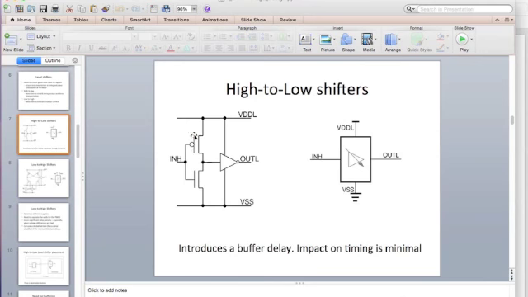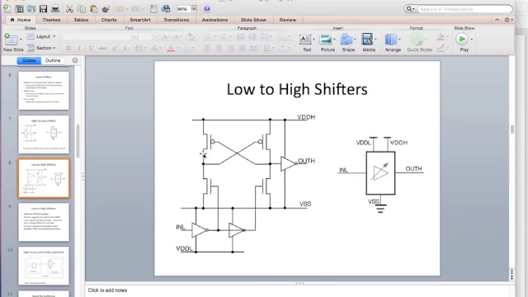The problem is that when my input is high, just imagine, ignore this symbol of VDDL, imagine that this input voltage was from the low side. Then when I use a simple inverter which is driven by higher supply voltage, what is the problem? The problem is when my input is high, that high voltage is not turning off the PMOS fully. So I can have a lot of static current going through this. So I need to do something more than just putting a simple inverter, and what is done is this kind of